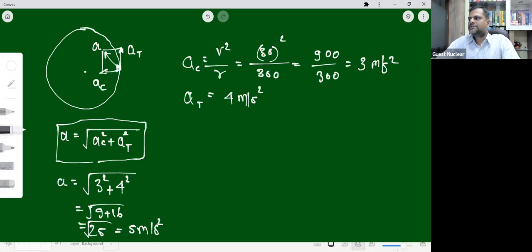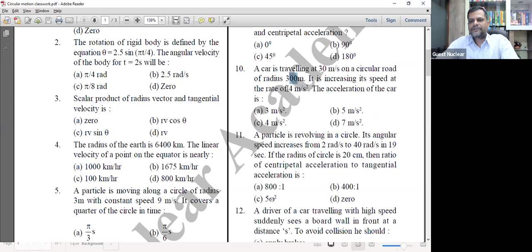Okay, so this is actually going to be the net acceleration, 5 meter per second square. Yes, correct, very good, Prashant. ओके, तो ये इस टाइप का भी हमको करना पड़ता है। तो जबकि इसके अंदर हमको कैसे पता चला कि ये टेंजेंशियल एक्सेलरेशन भी है, क्योंकि यहाँ पे देखो इट इज इंक्रीजिंग इट्स स्पीड एट द रेट ऑफ 4 मीटर पर सेकेंड स्क्वायर। मतलब क्या कि स्पीड के बढ़ने का जो रेट है तो वो यहाँ पे 4 मीटर पर सेकेंड स्क्वायर दिया हुआ है। ओके, यस, चलो नेक्स्ट वन, ट्राई दिस नेक्स्ट क्वेश्चन हियर। पार्टिकल इज रिवॉल्विंग इन अ